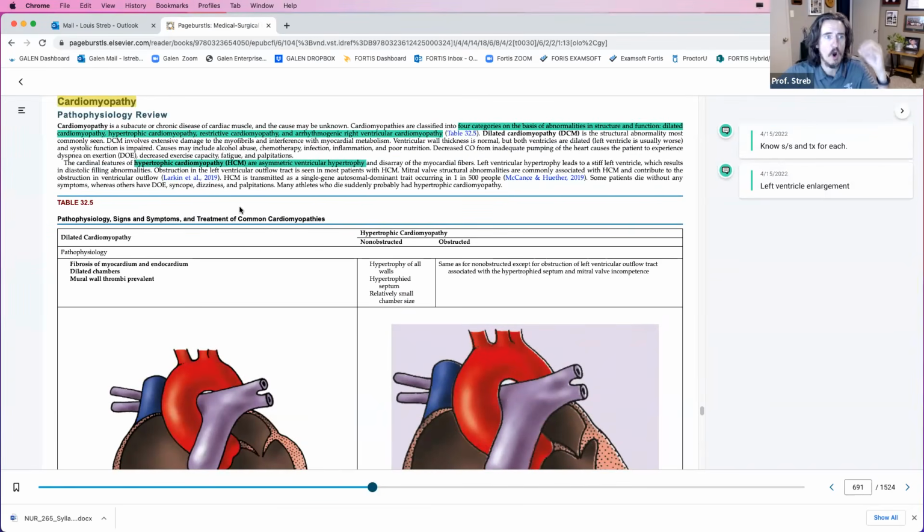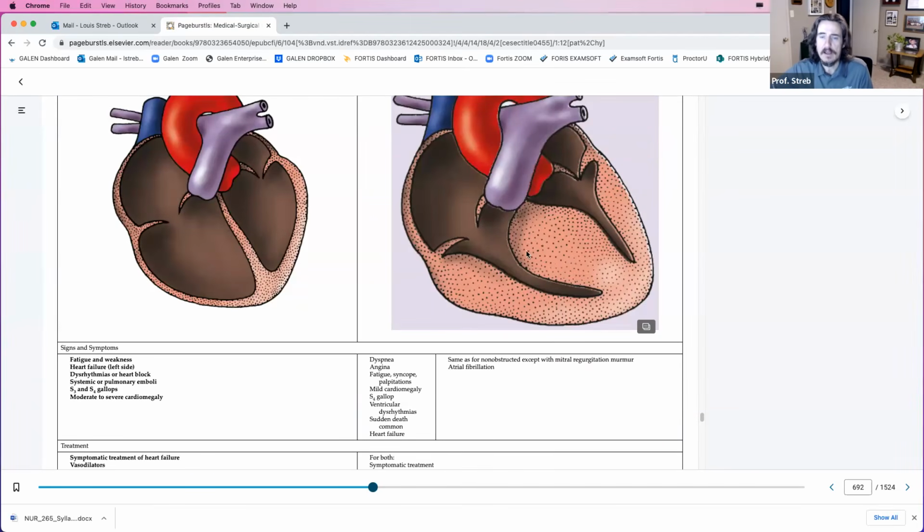So let's talk about what cardiomyopathy is real quick. It's just a disease of the cardiac muscle. It can become really big or it can become more dilated. And I'll show you what this looks like. They want you to really think about this. They want you to start understanding what it means when you have a bad heart. It all leads to heart failure. So look at this one here. We talk about